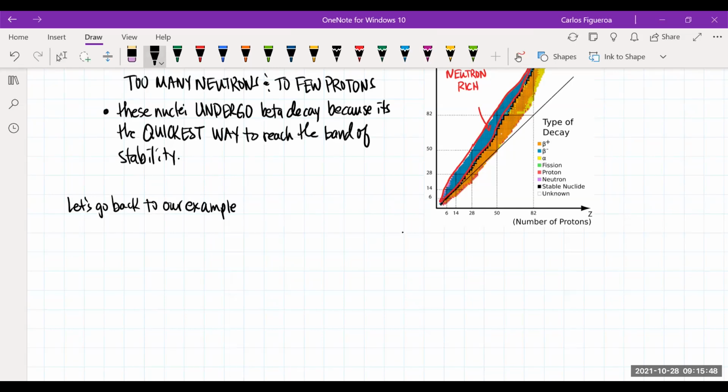We had carbon 14, it decays to nitrogen, it emits a beta, and it emits energy. And then we looked at the details of this thing. We saw that carbon 14,